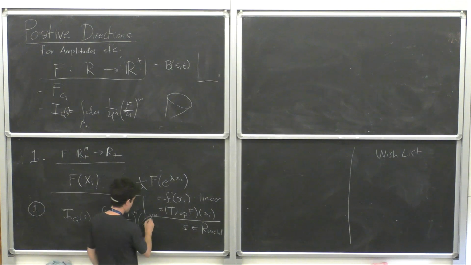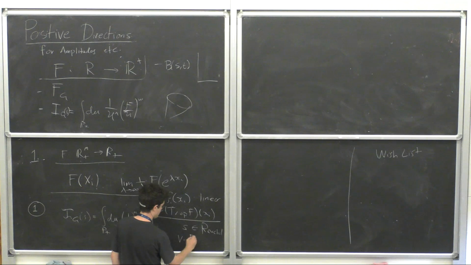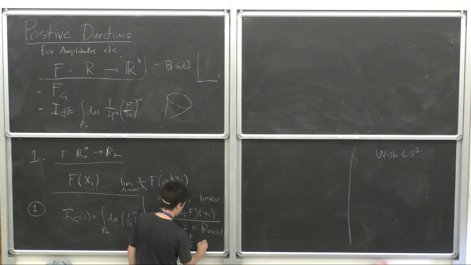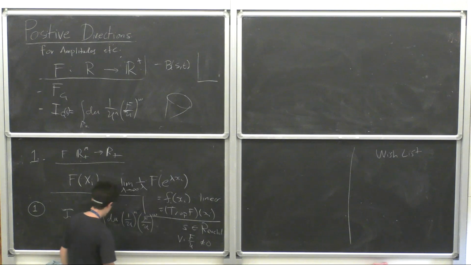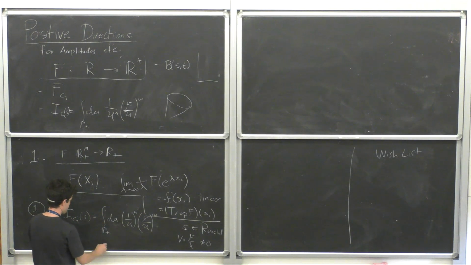Okay. So we're in that region. And in that region, F is positive, U is positive. So in particular, V, which is F over U, is also positive and non-zero everywhere inside this positive cone where alphas are positive.